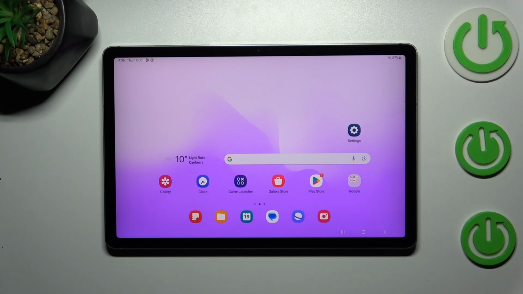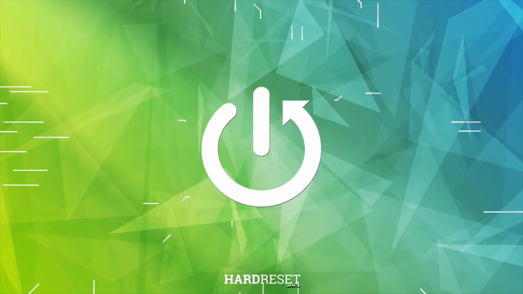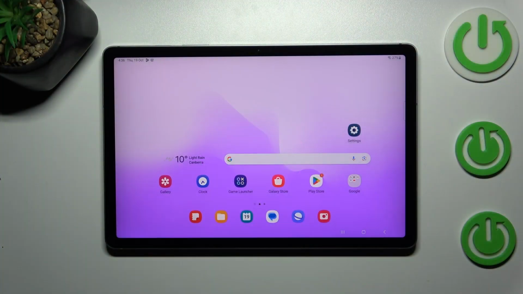Hi everyone, in front of me I've got a Galaxy Tab S9 FE, and let me share with you how to show the battery percentage on the status bar in this device. So if you've got only the battery indicator and if you want to have the exact percentage of the battery